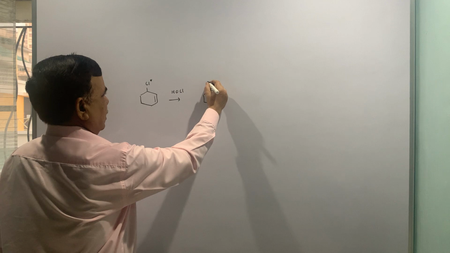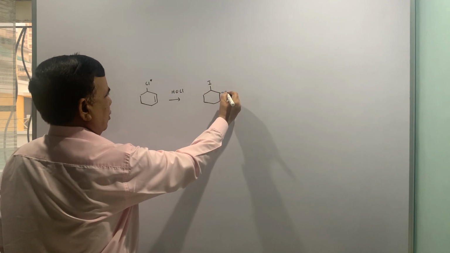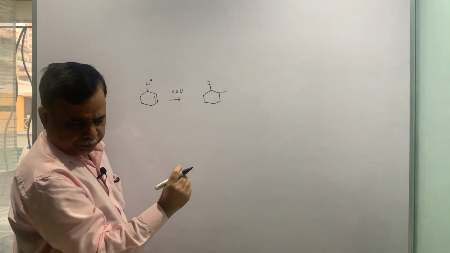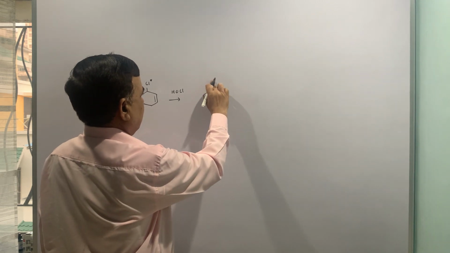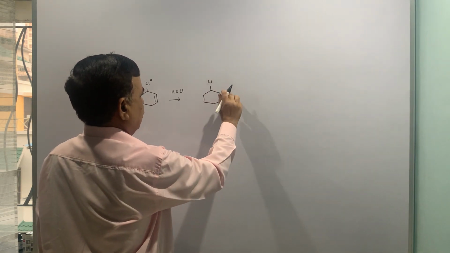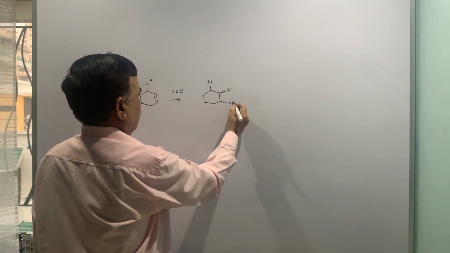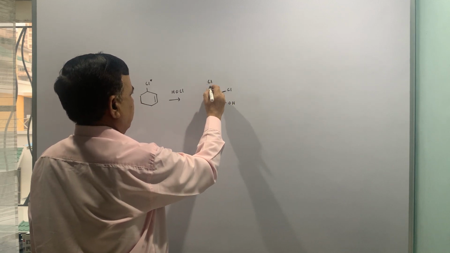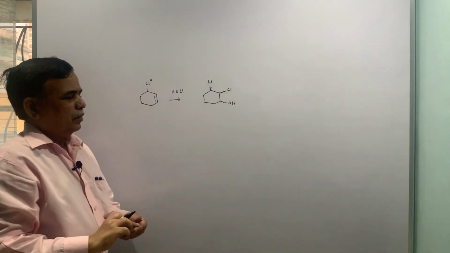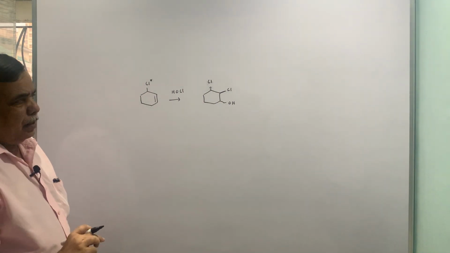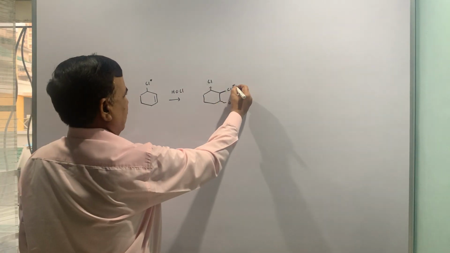The product says that this is not iodo, it is chloro, this is also chloro, and this is OH. So let me be precise, alpha over there, and this is the labeled